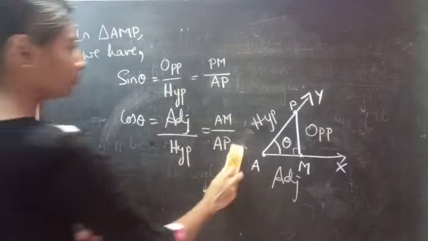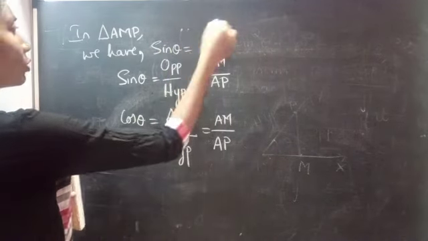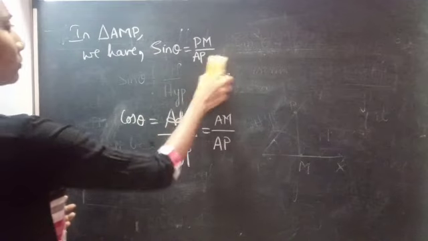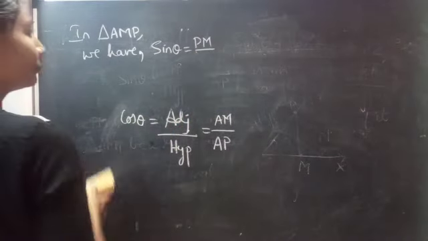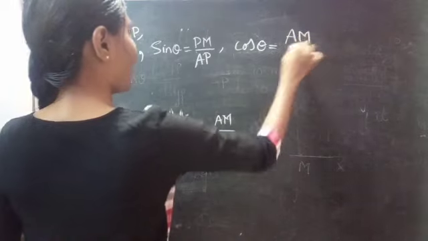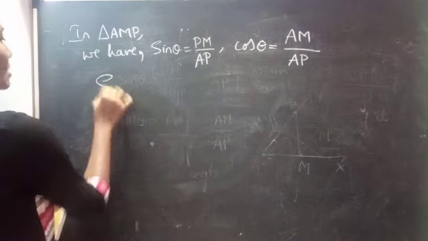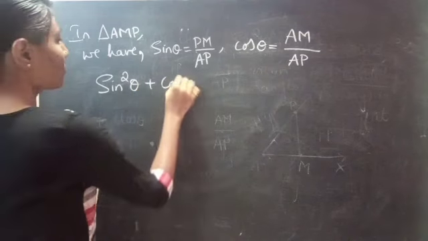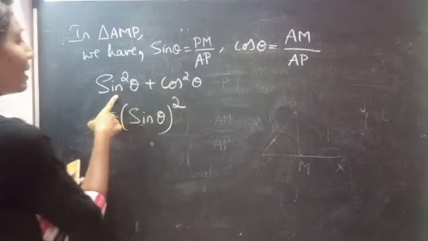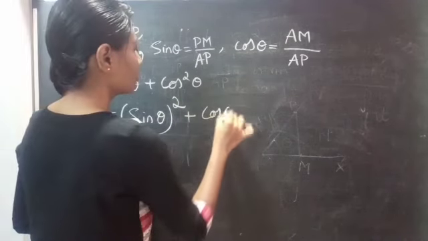Okay. So you're having sine theta is equals to PM by AP and cos theta is equals to AM by AP. Okay. So now consider LHS. Sin square theta plus cos square theta, which is equals to sin theta whole square. So we can write sin square theta as sin theta whole square plus cos square theta as cos theta whole square,